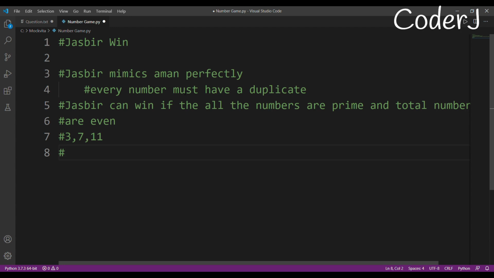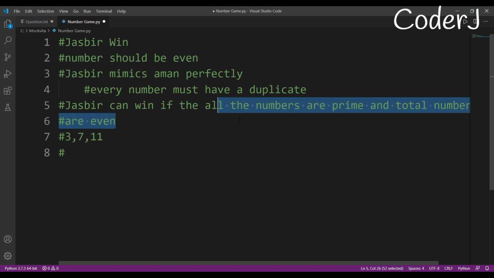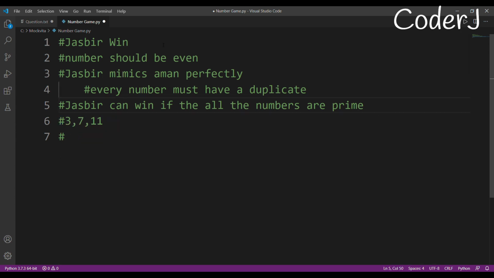So the first condition for the victory of Jasbir is that the count should be even. If this is the condition, I'll just remove the other conditions. Only if the count is even will we look further into other conditions. Otherwise, Aman will definitely win if the count is odd.